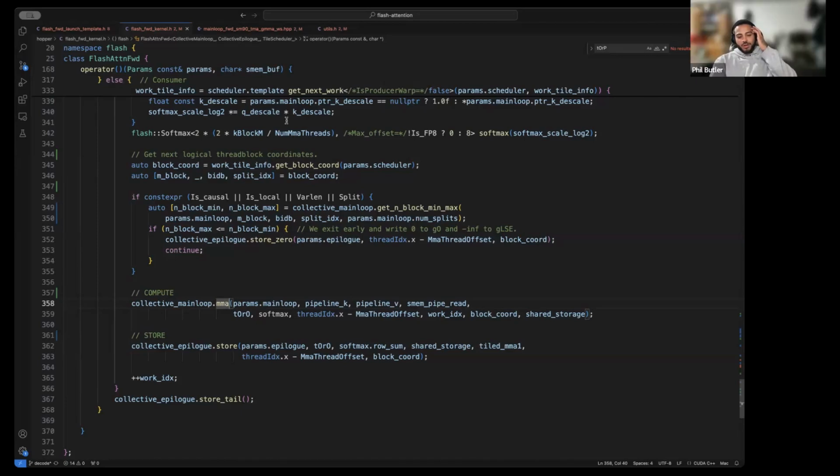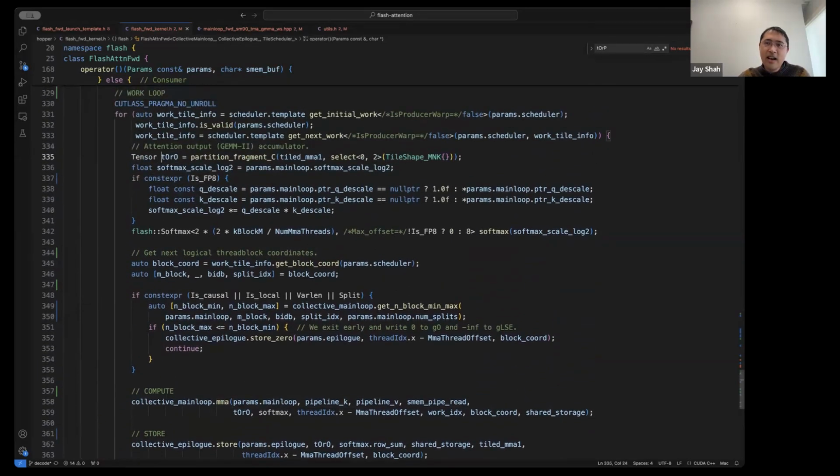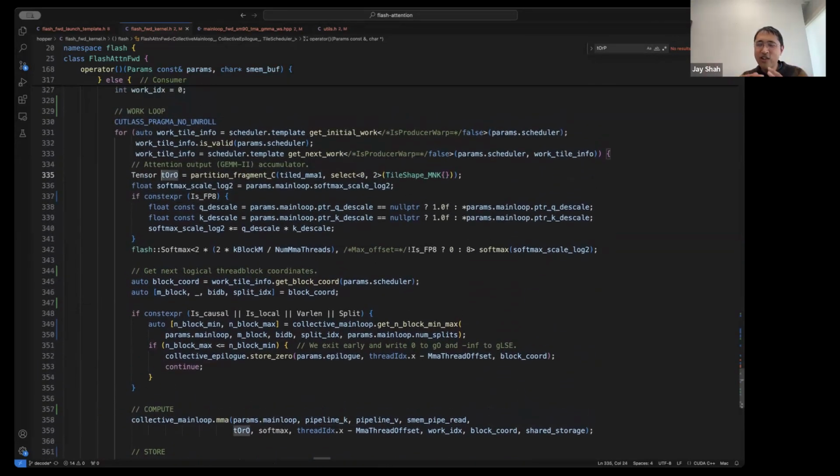So sorry, what is tOrO? Yes, that's a good point. This is Cutlass notation. I should have said that. To put a long story short, this is the threadwise accumulator for the attention output. The O is meant to signify that it's the O matrix.